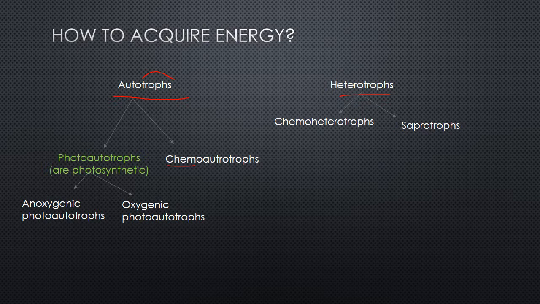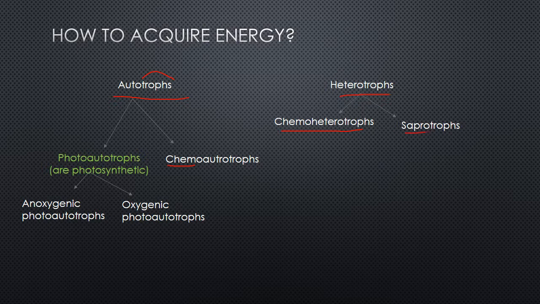Chemoautotrophs means that they're still self-feeders, and they use chemicals in order to do that. Within our photoautotrophs, they can either be anoxygenic or oxygenic, meaning that they are basically anaerobic and aerobic photoautotrophs. Then coming over here to our heterotrophs, they can be chemoheterotrophs, meaning they acquire those chemicals from outside of themselves,